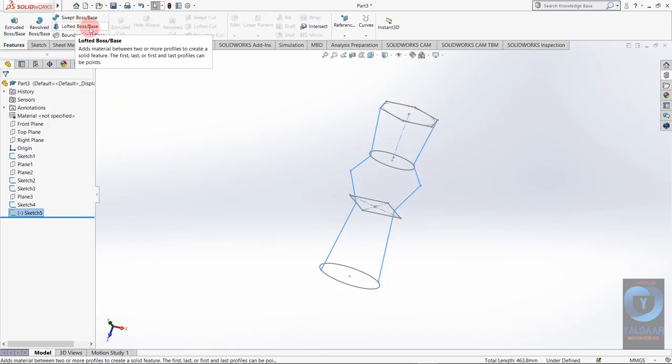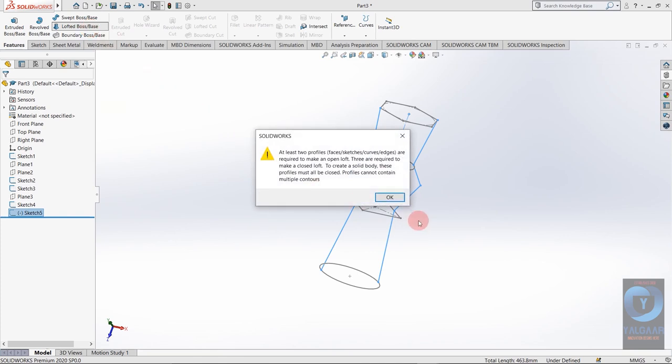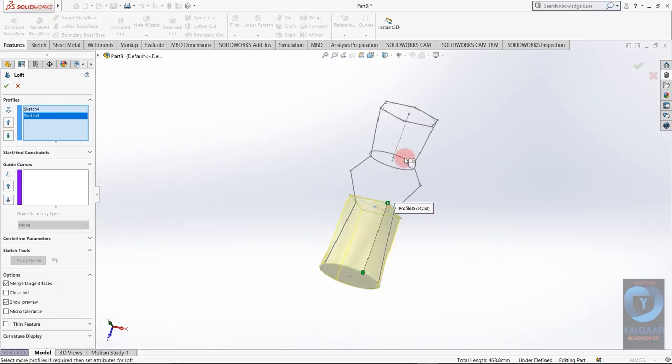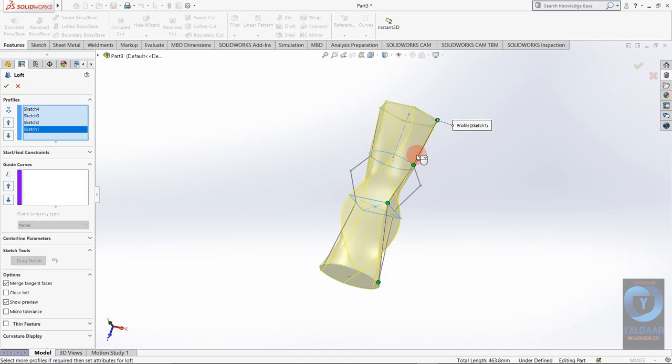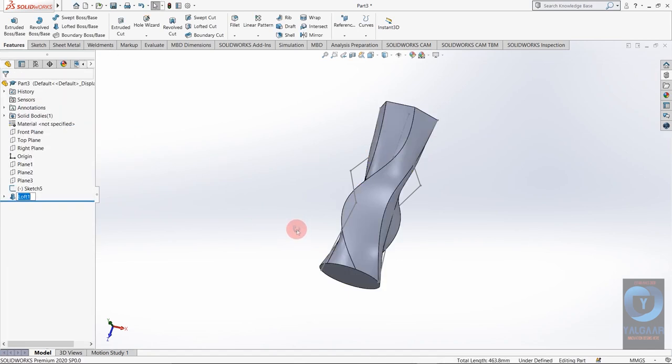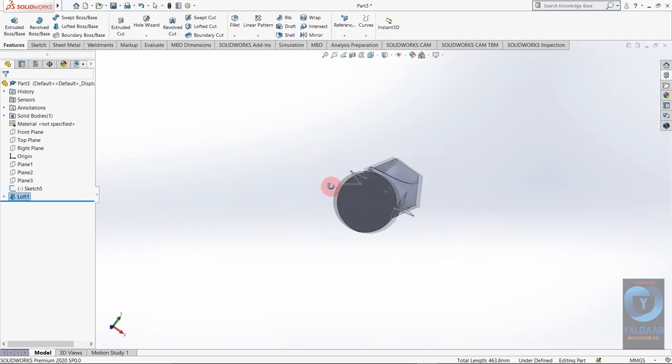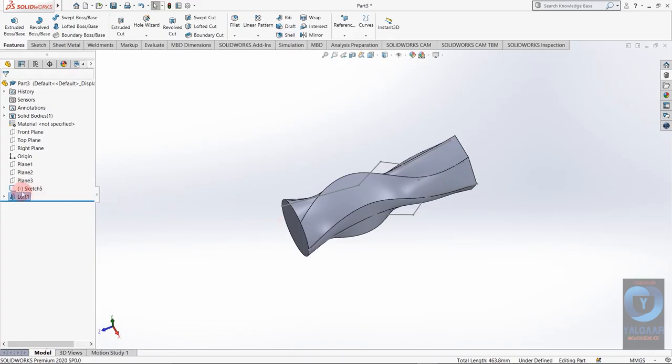Now I'm going to lofted boss. So for profiles, I'm selecting these 4 main profiles. If I do not select guide curves, you can see such geometry or such component, which is a little bit disturbing.